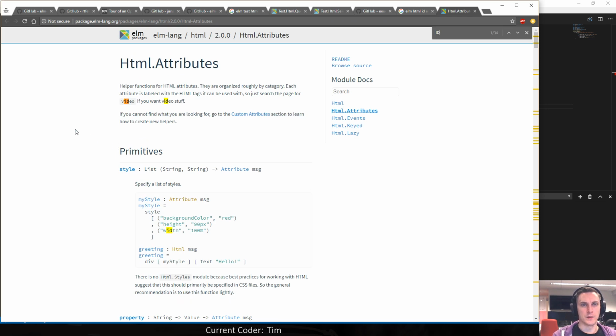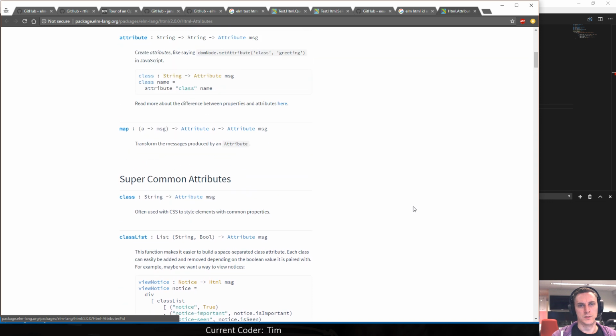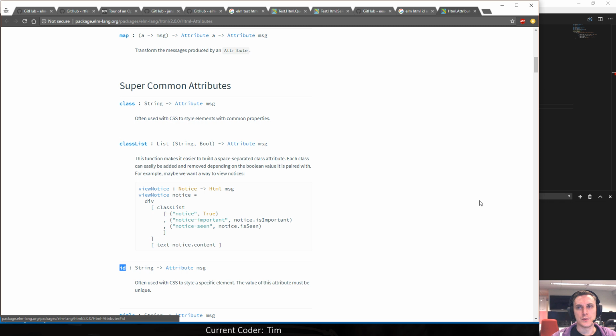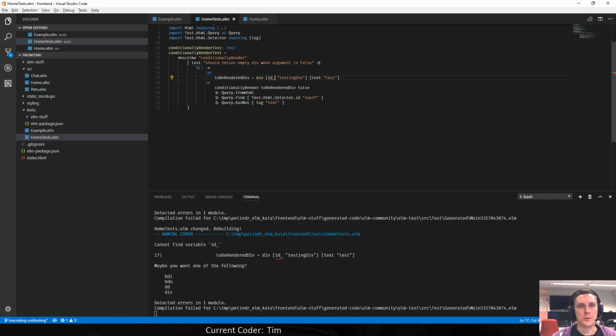I did see something like ID in here, right? Super common attributes, ID, in HTML attributes.